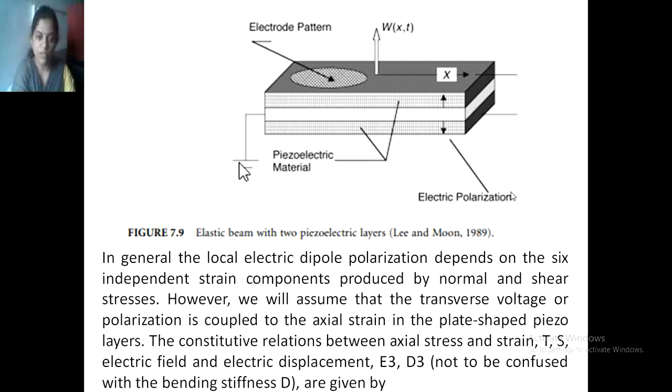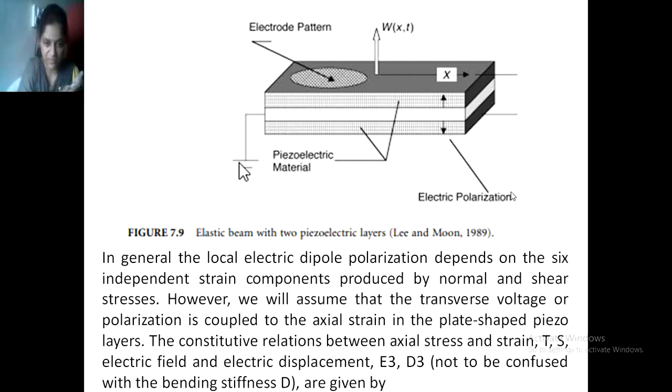However, we will assume that the transverse voltage or polarization is coupled to the axial strain in the plate-shaped piezo layer. So the constitutive relationship between the axial stress and strain,